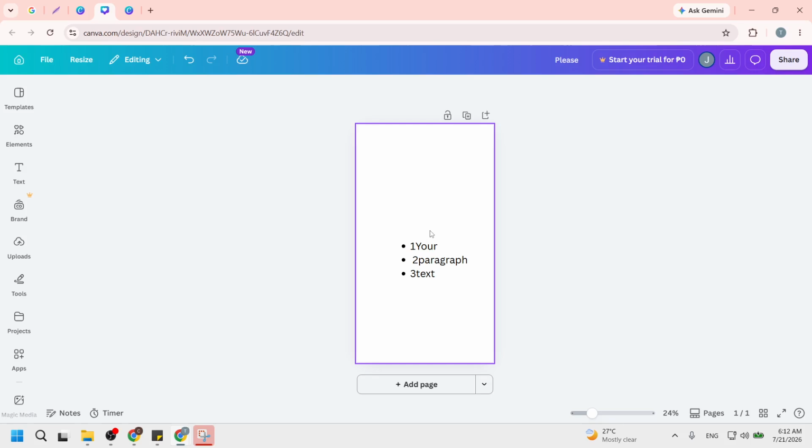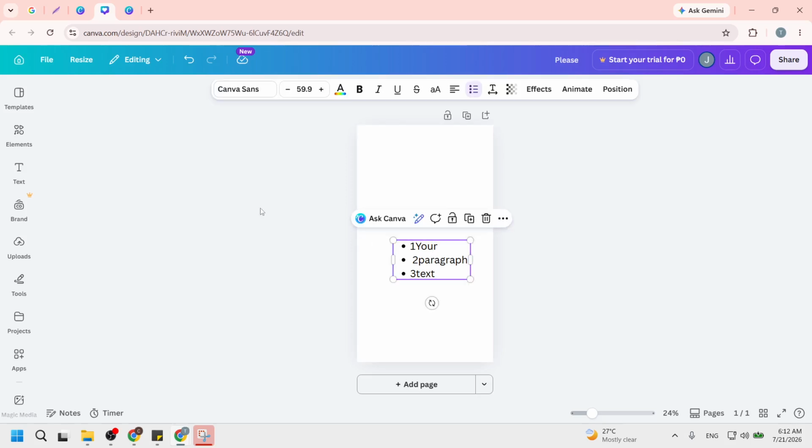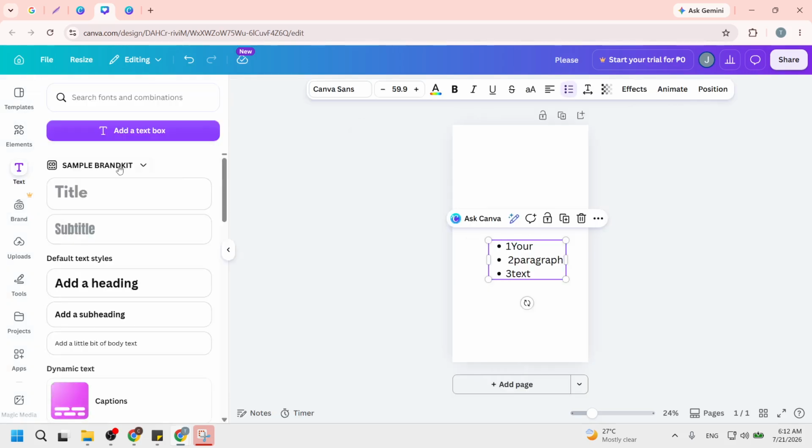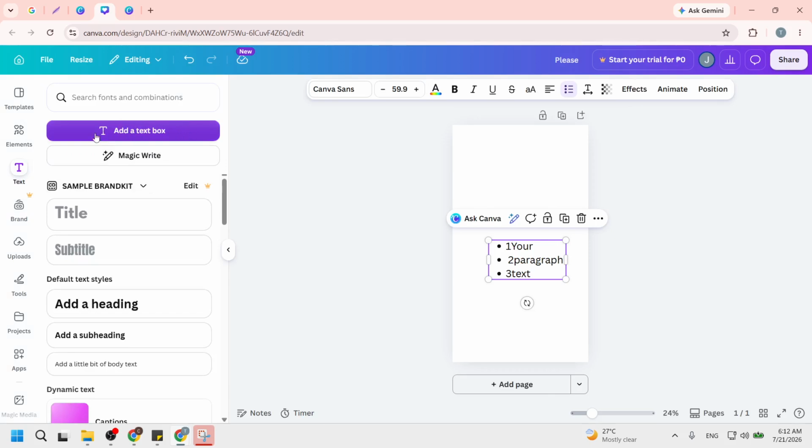Once you're in the project, you will see the design workspace where you can add elements and text. From there, click on an existing text box or create a new one if necessary. To create a new text box, look for the text option in the left sidebar and click on it. This action allows you to begin typing your text right away. If you select an existing text box, ensure it is highlighted so any changes will apply correctly. This step is important because the text box is where you will input the special character.